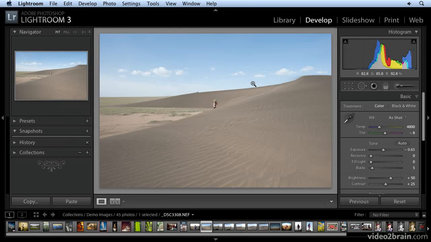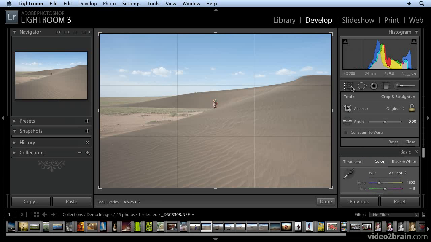Let's see how the crop overlay tool works in Lightroom. It's found here in the tool strip. I'm going to click on it. I could also have used the R key to open up the options. I can place my cursor over the image and, much like in Photoshop, click and drag and create a bounding